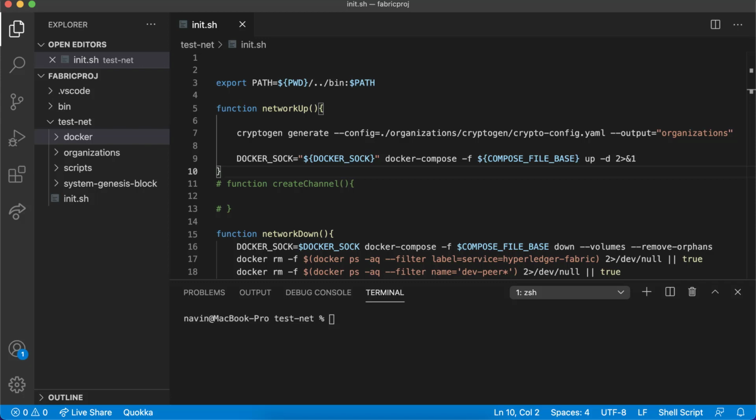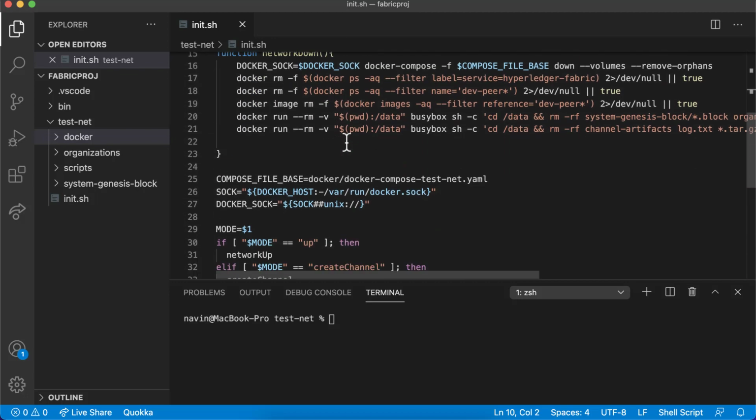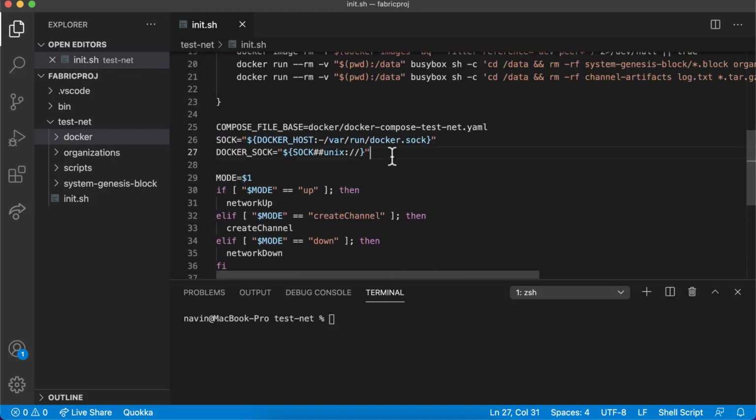Okay, welcome back everyone. In the last video, we tried to create a network. So basically we were able to up the network and we were able to down the network, right? So you can start the network and you can destroy the network by deleting all the containers. So what we did is we used this configuration file, which is Docker Compose, where you have